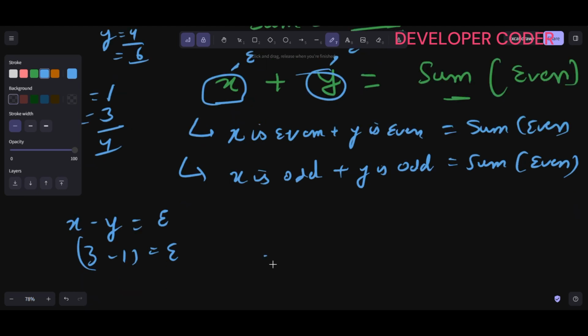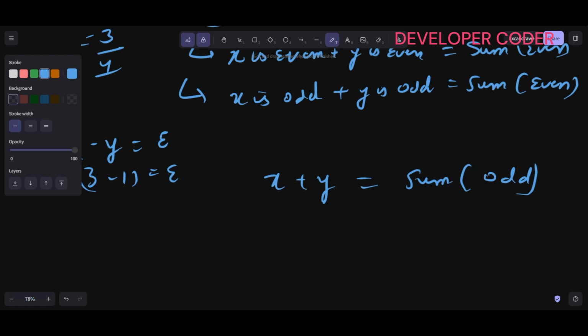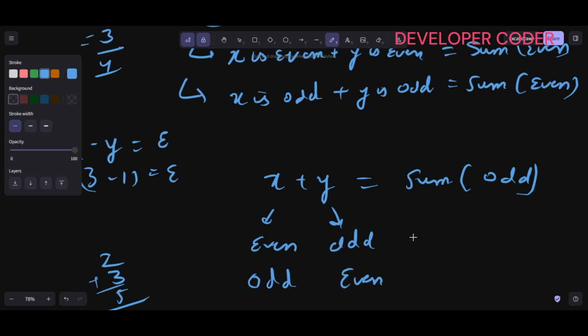Okay, so let's say x plus y sum is odd. In that case, how are we going to get an odd sum? Maybe my x is even and this is odd. This is one case. So 2 plus 3, so see I'm getting an odd sum. Or if this is odd and this is even, then I'm going to get an odd sum. But is there any other way to get the odd sum? No. So if I do even minus odd, I will always get an odd result, or odd minus even,